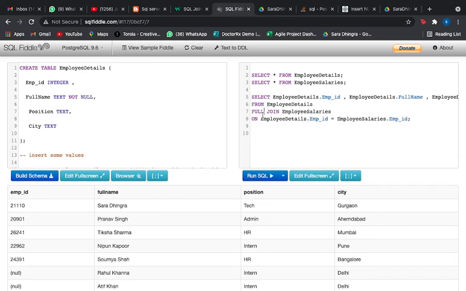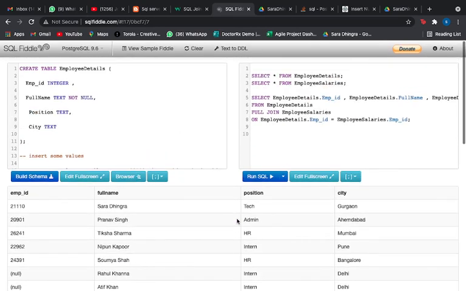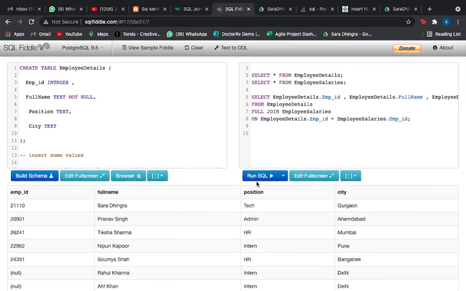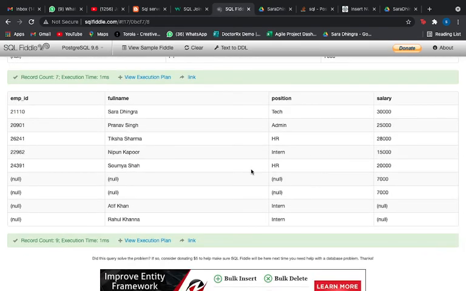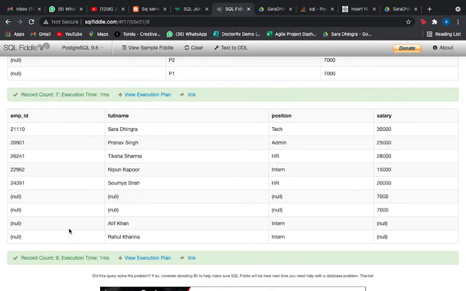Then we are going to do full join. What is it going to do? It is going to fetch me matching records plus non-matching records from both the tables. So I should get null values from this table also, from this table also. That is what should happen according to me. Now let us just run this and see what exactly happens. Yes, so I have got four null values here, if you see.